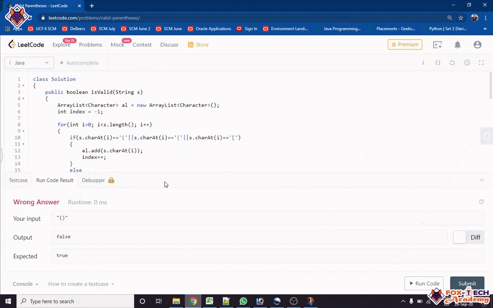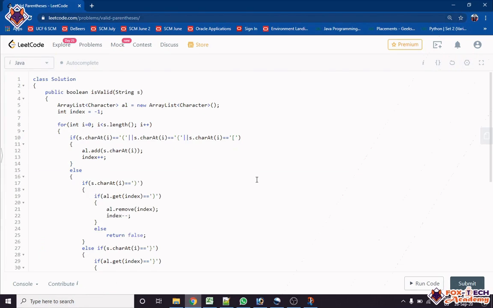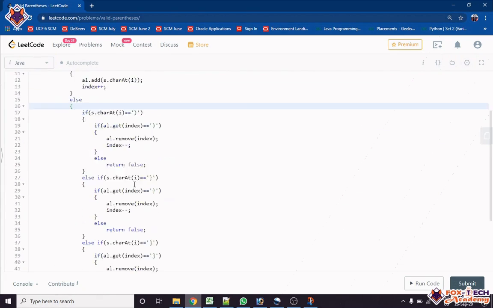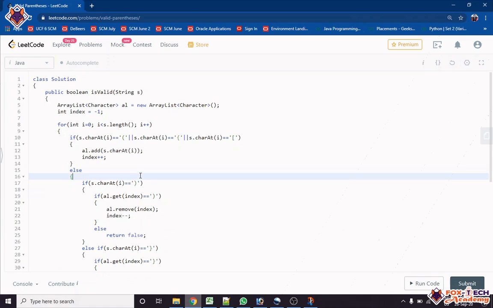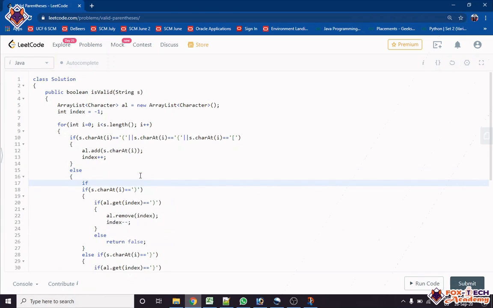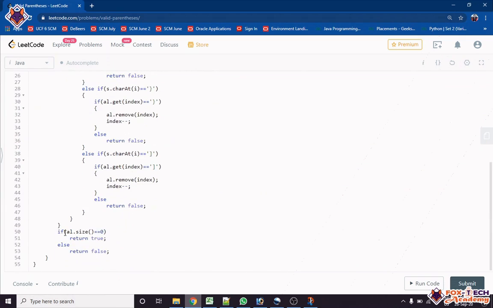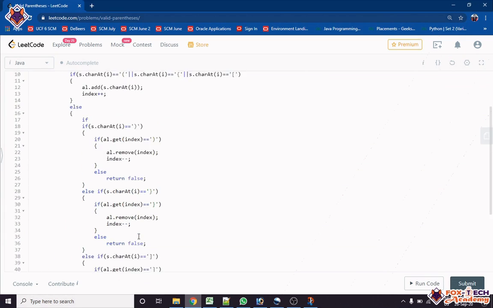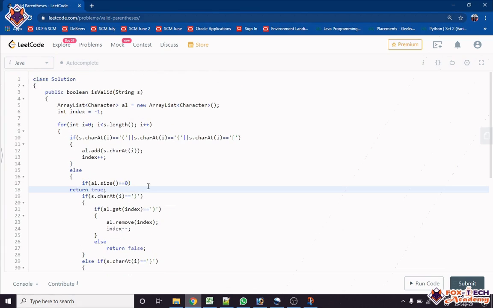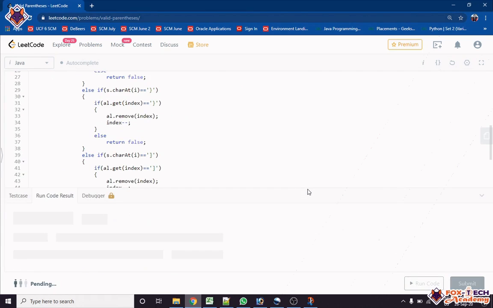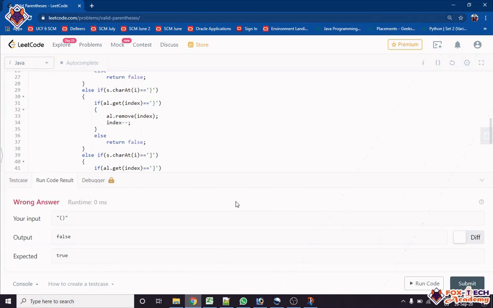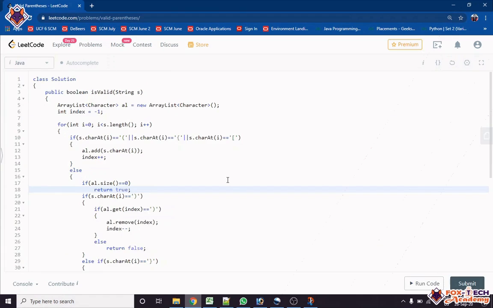Wrong way. Okay, we have to use one scenario also, right? So suppose our data is right ended and we find that close parenthesis, right? So what we will do, wait, I have to check this one right here. Okay, let's run this one, because for mismatch correction. Okay, it's also wrong now. Let's check what is happening here.